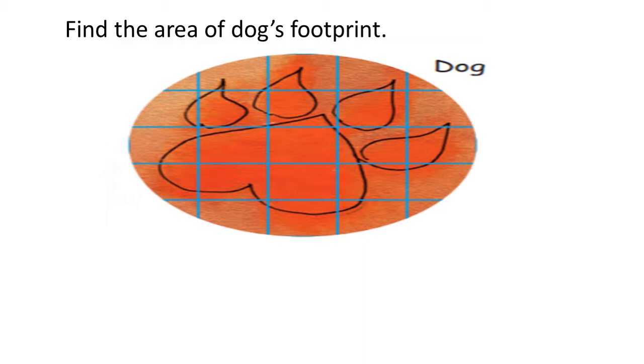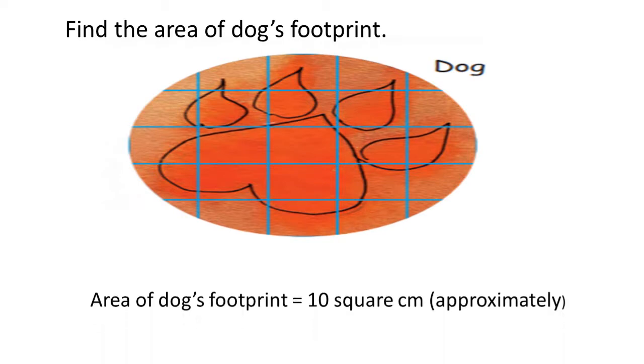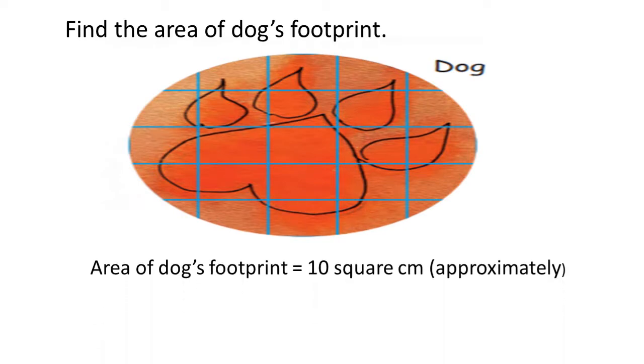Okay. So if you count the squares properly, half filled, full filled, 3 by 4 and 1/4, and you will get the answer. So remember, children, once again you are going to ignore 1/4. You are going to consider 3 by 4th as a full square. You have to count it as 1, and you are going to ignore 1 by 4. And here again half filled will be 1 by 2, and full filled will be 1. Okay, so according to this we get the area of the dog's footprint is equal to 10 square centimeter.